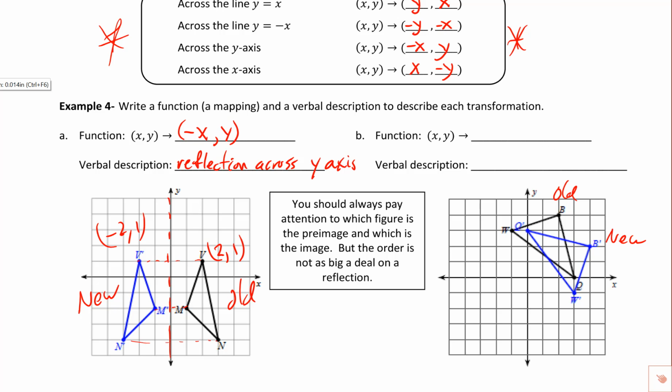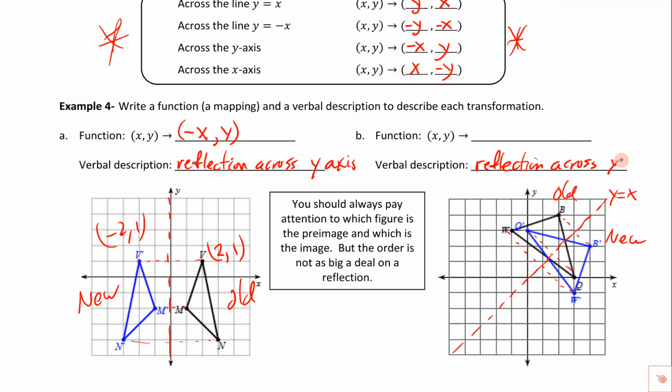If you have any trouble with this, let's draw a dotted line connecting the new and the old point. So if we go like that, the line of symmetry has to be perpendicular to that and has to go through all three of those right through the middle. So here's our line of symmetry. Right there is our line of symmetry. There's that line y equals x that we should be able to recognize now. So this is a reflection